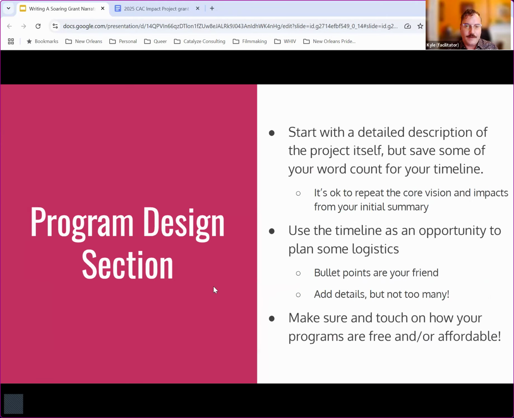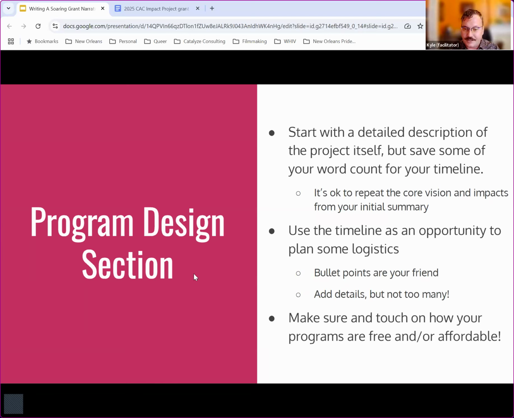And so program design, I think we talked about this. So timeline, opportunity to plan some logistics. If you haven't done this already, I know it can be really annoying when you're just trying to get that grant out. But honestly, I have found taking that moment to do some deep timeline planning and project planning while you're doing the grant can be really helpful for you to identify what you need to get it done, even if that grant doesn't come through.